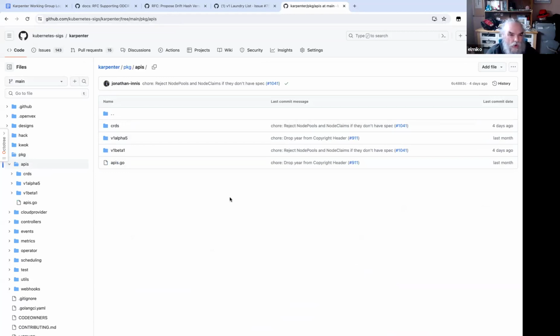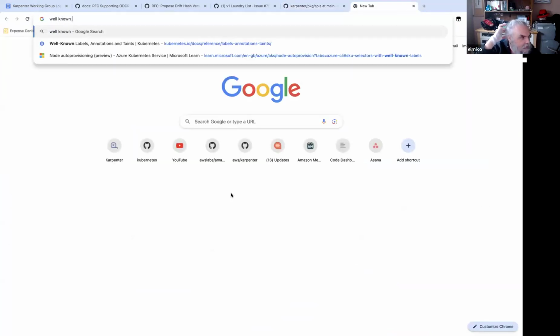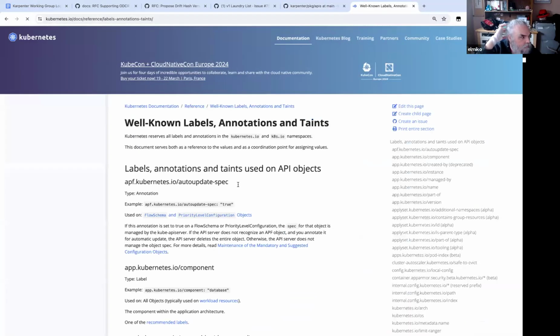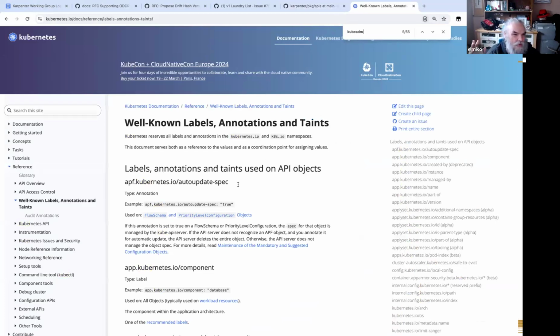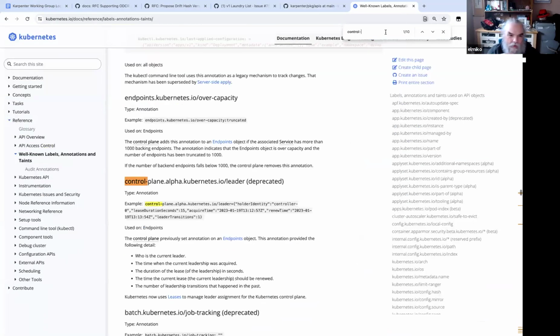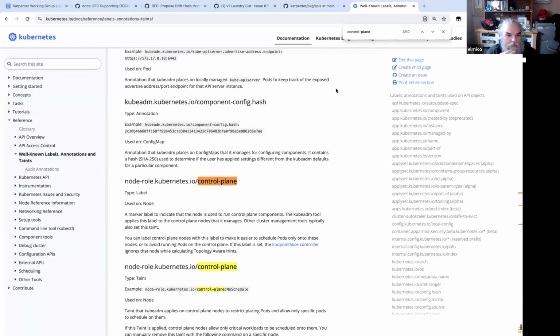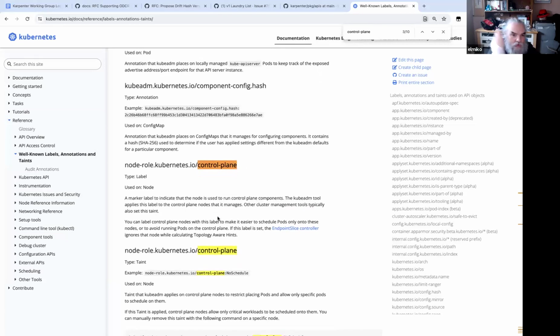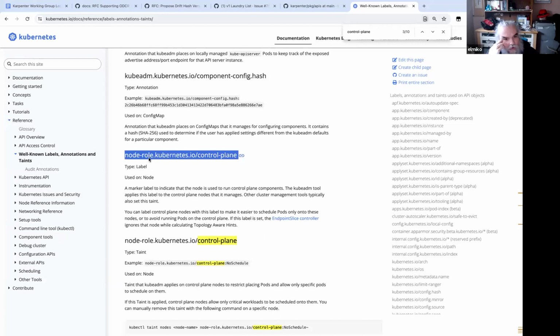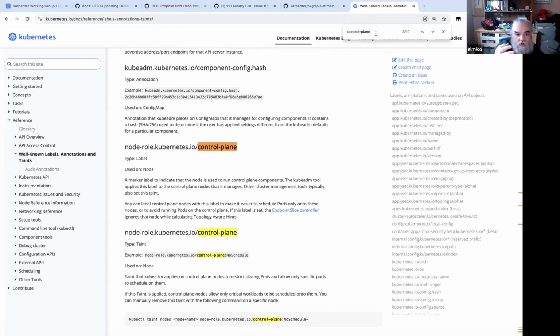And I can see in the well-known upstream labels, I think kubeadm has a node-role.kubernetes.io/control-plane or something, but it's not part of the well-known labels. It's all the way at the bottom. Yeah, there you go. That one. But that's not the same as what we're using. We're using one that says /worker. And these aren't even well-known Kubernetes labels. These are well-known kubeadm labels. So it's part of the second part of this or whatever. But